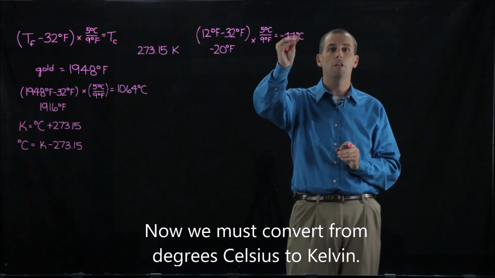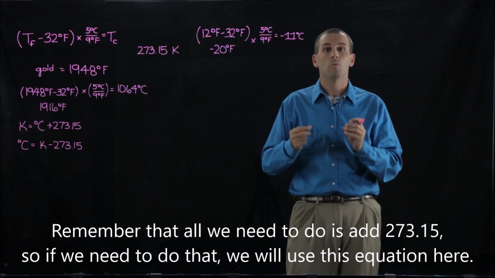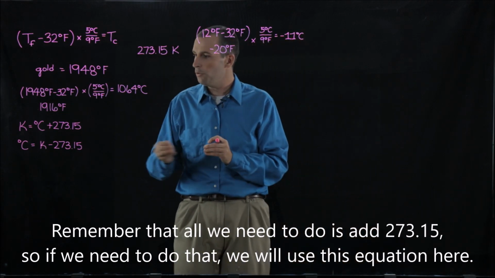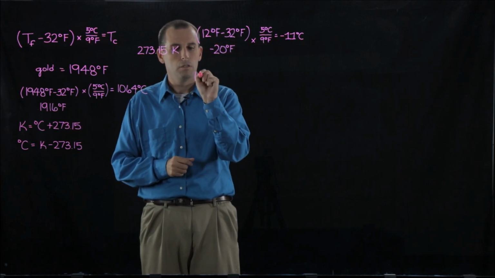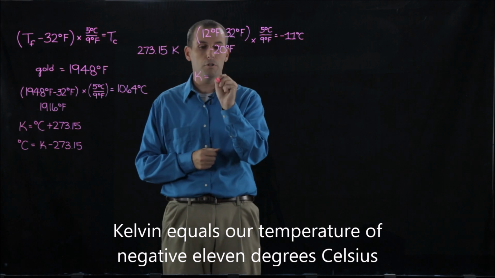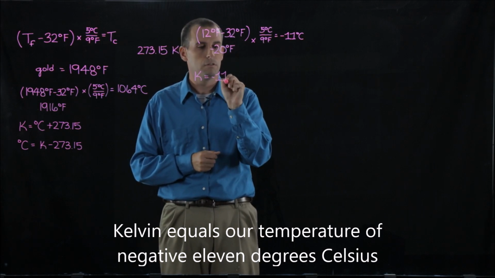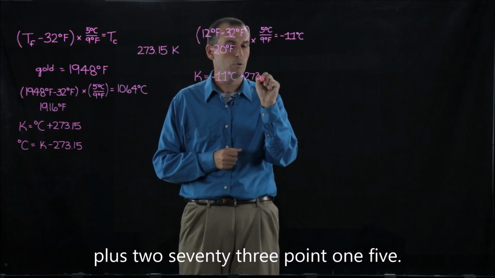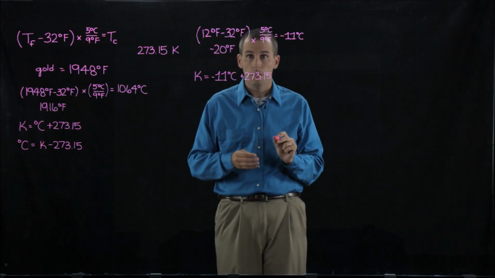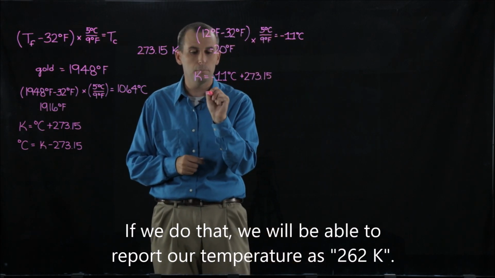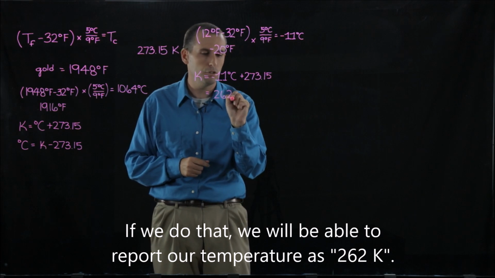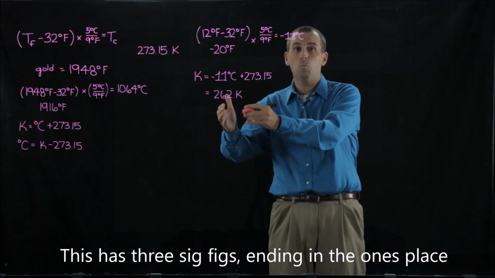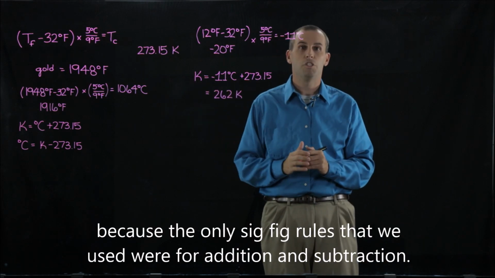Now we must convert from Celsius to Kelvin. Remember that all we need to do is add 273.15. So if we need to do that, we will use this equation here. Kelvin equals our temperature of negative 11 degrees C plus 273.15. If we do that, we will be able to record our temperature as 262 Kelvin. This has 3 sig figs ending in the ones place because only sig fig rules that we used